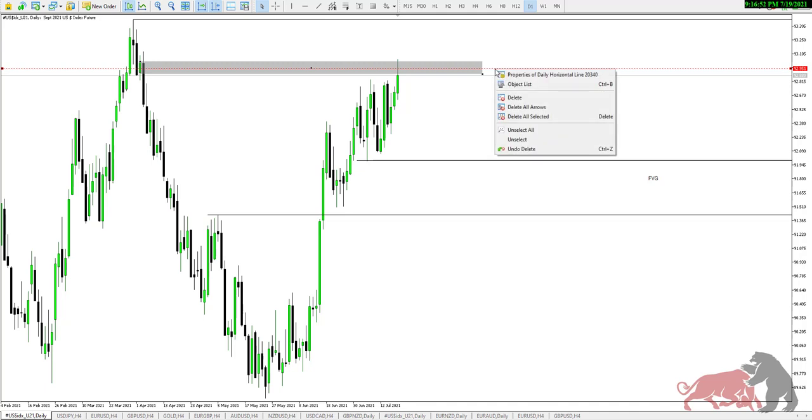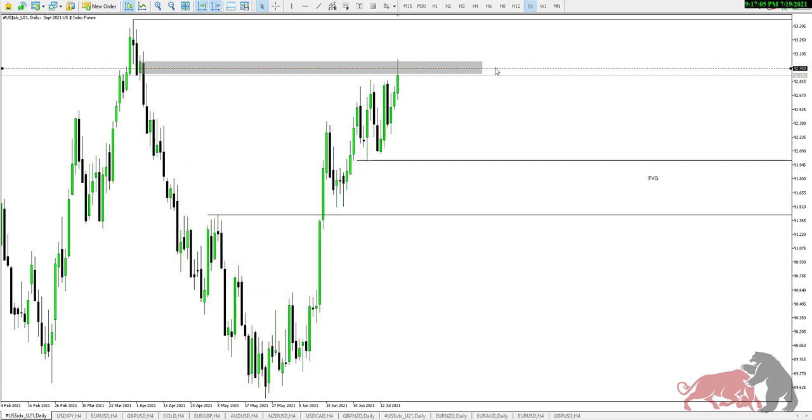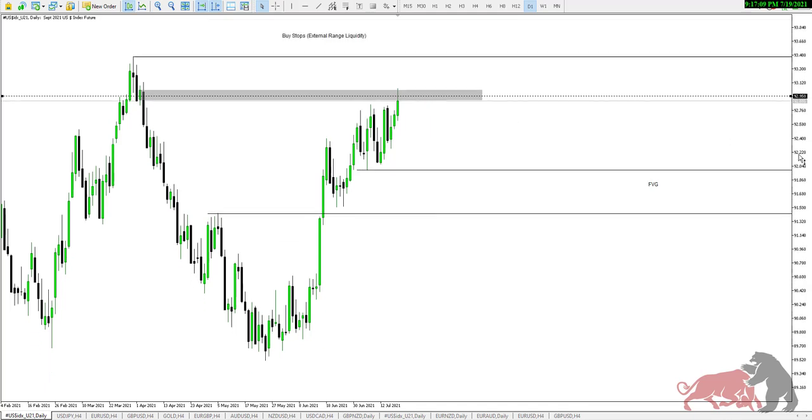Now you can clearly see that 92.950, our institutional price point, is going to provide resistance for the rest of the week. Now if you are shorting dollar index, you need to have your stop above 93.50, right? You need to have your stop above 93.50, because the chances of price trading to 93.450 are very